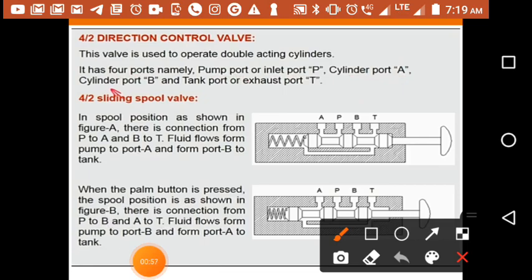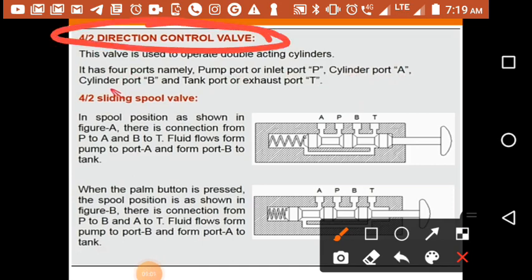So this is the image of a 4 by 2 directional control valve.